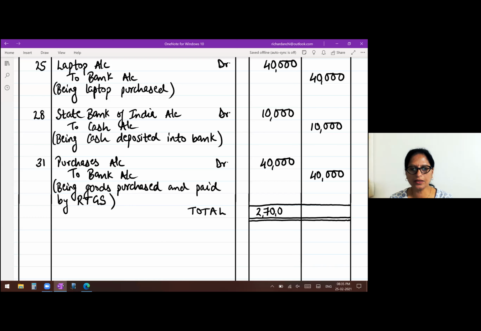Okay, so you will take the total of the debit column and the credit column separately and then write it. So the debit side total 2,70,000 and the same will be the credit. It has to be the same, but you have to total it. Sometimes it may be wrong. Okay, so 2,70,000, both the columns the same total. So children, I hope you have understood. We have done 2 problems. Solve them in your notebooks.